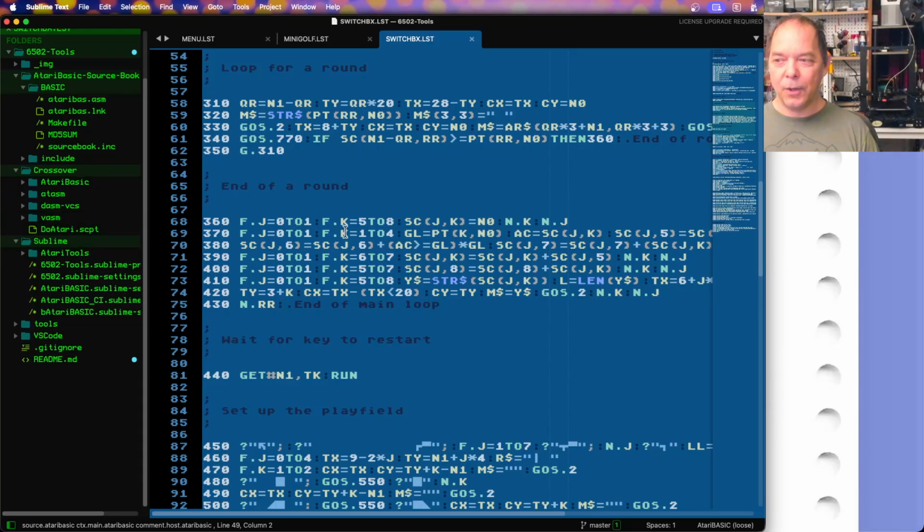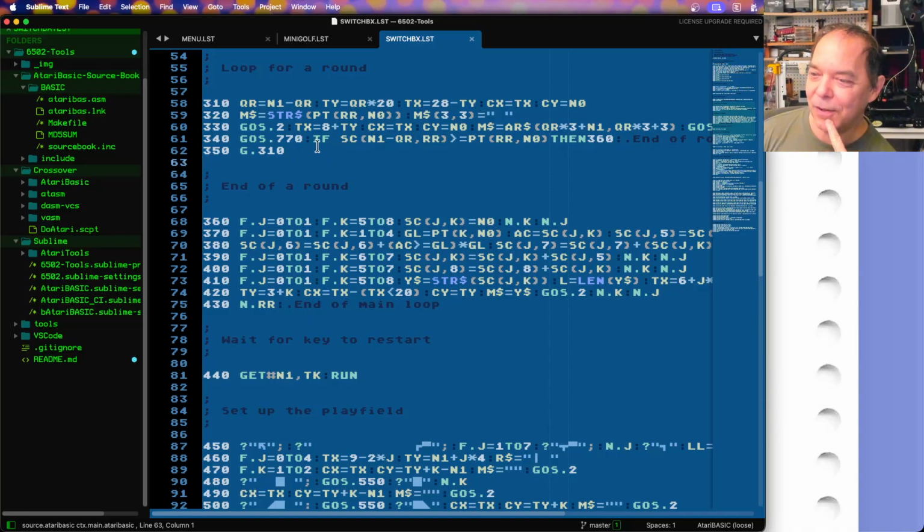Like, I want to draw graphics on the screen, or things you can't even do, which is I want to do player missile graphics, which are painful to do with a for next loop. Although a lot of type-in programs have actually done them with for next loops. So yeah, how do you deal with that kind of stuff when they're so painful? So what I've been doing lately